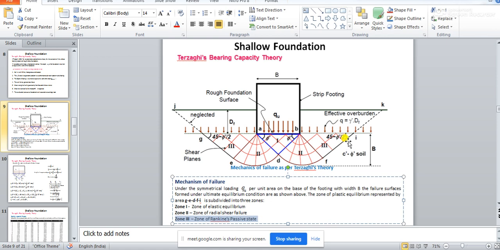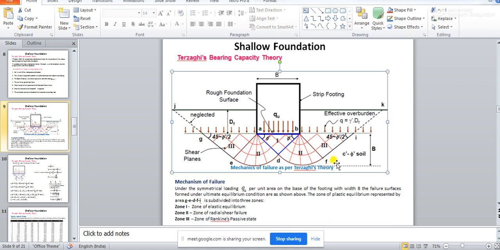This you have already learnt, I think, from shear strength of soil, that there was a formula something like tan square of 45 degrees plus phi by 2. What is this equal to? C is equal to, some formula is there, I forgot that one.